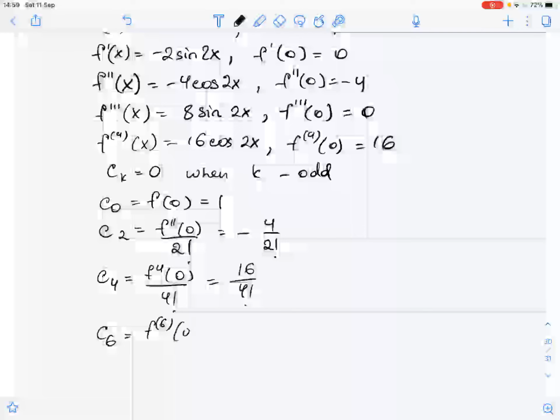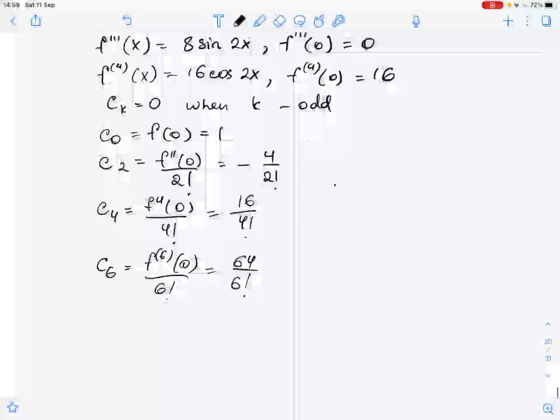And c6 equals the sixth order derivative of f at 0 over 6 factorial, so it equals -64 over 6 factorial. Then the Taylor series for f is